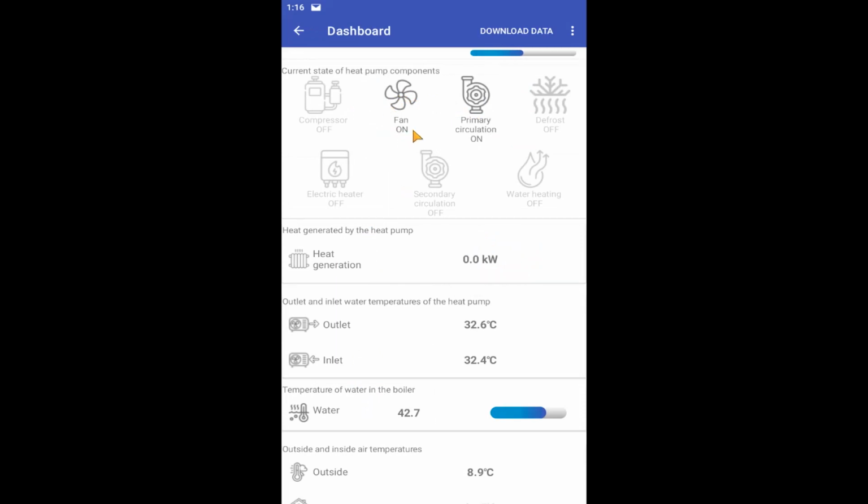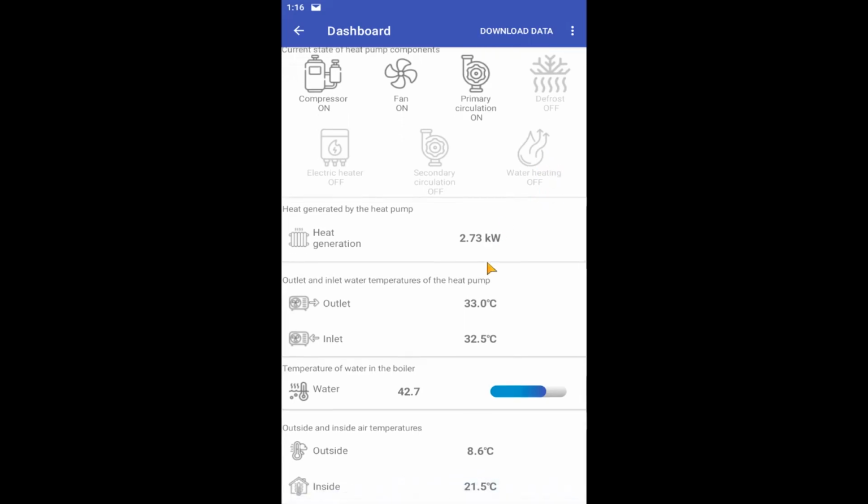You can already see that the fan has turned on for us and the pump has started a process. And now the compressor has also turned on. This means that at the moment, the compressor is on, the fan is on, the primary circuit pump is on, and in a moment, the 3-way valve will also switch for us, but it will take a moment. It will be roughly when the temperature at the outlet from the fan is higher than the temperature in the boiler so that we do not cool the boiler from the beginning but start heating it immediately.